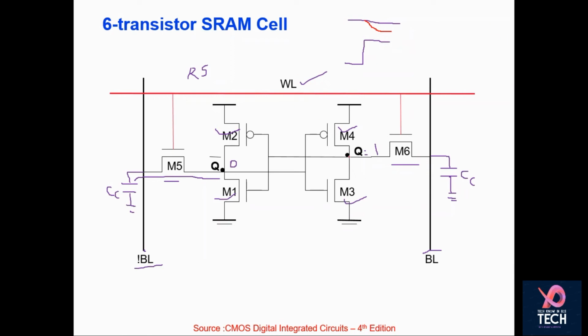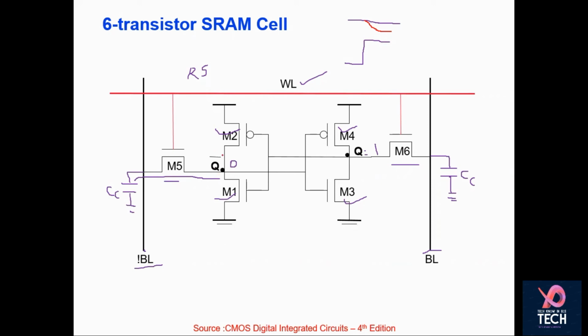Now the question arises whether the read operation is destructive or not, because it is going to charge it. No, that's not the case, because this is high. When this is on, this is 1, this is 1, so there is no fluctuation here. So 1 is acting as an input for this, and that keeps this particular node at 0 after every cycle. That way, the contents of this will not be altered.